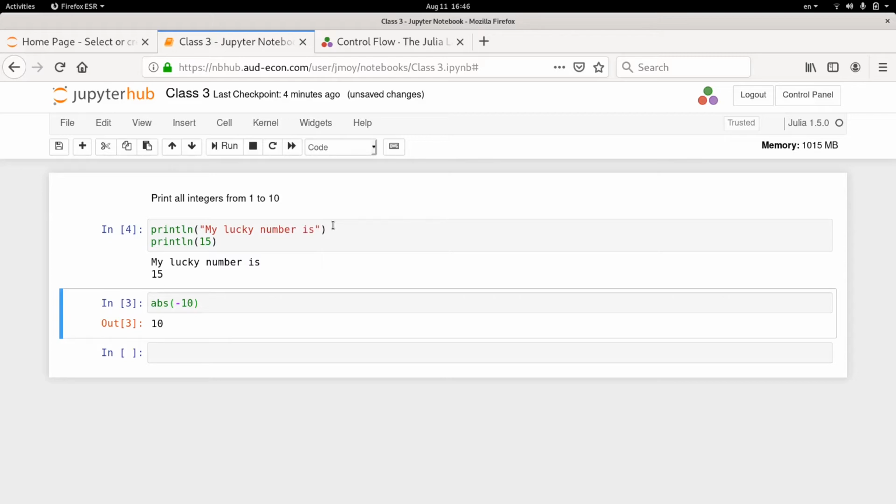So unlike a mathematical function which takes a value and gives you a value, some functions in a language like Julia perform some action. So they are more like commands. When you say println("My lucky number is"), the action is that it prints that string wherever you are running Julia. Similarly, when you say println(15), it prints that string. So println is a function that we call for performing an action rather than calculating a value.